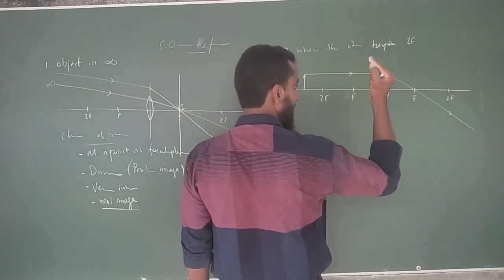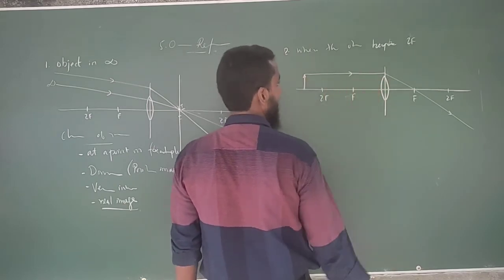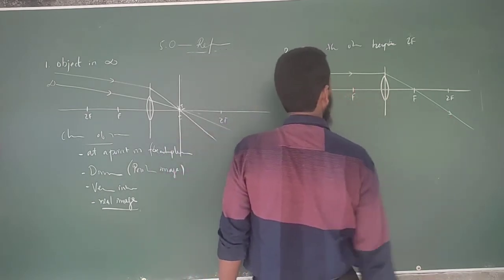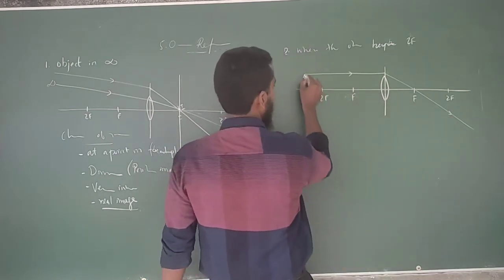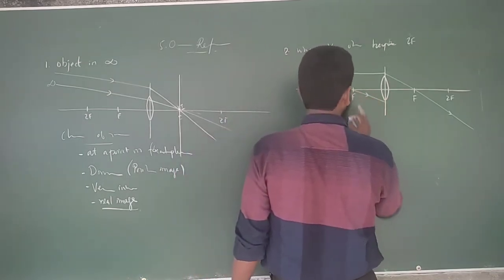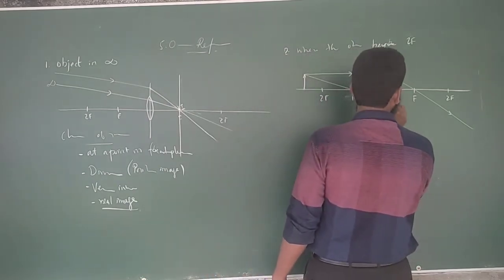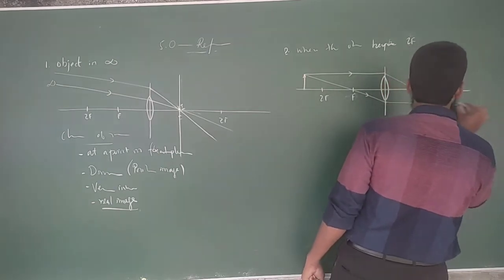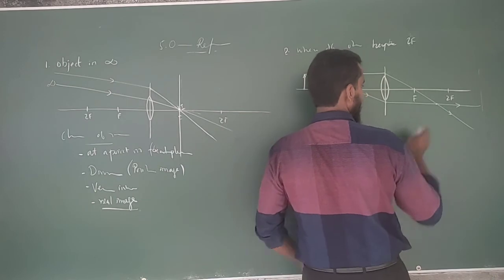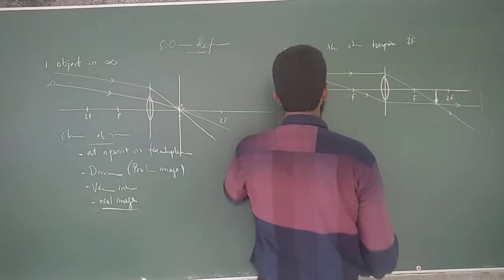To obtain a point we need two lines, right? Then we have to consider another basic ray diagram, right? We can take either the ray which is going through the optical center or the ray which is going through the focus, no problem, right? I'll take the ray which is going through the focus. After the refraction, this ray is going to go parallel to the principal axis. Then the point of the image has been taken, and at this point you can have an image like this for this object.